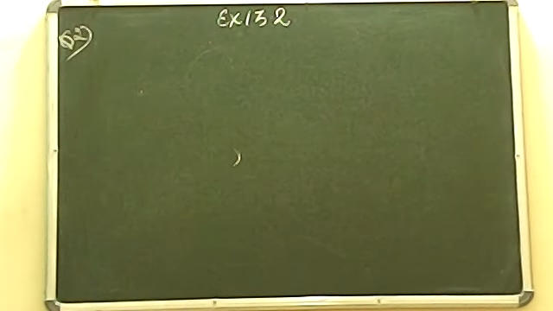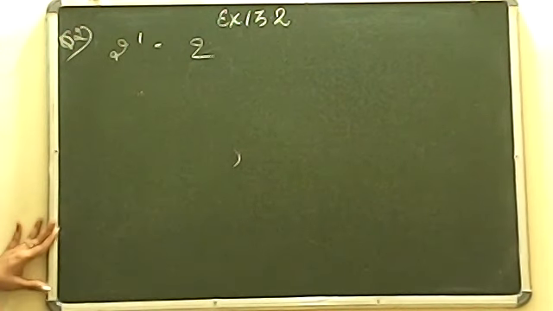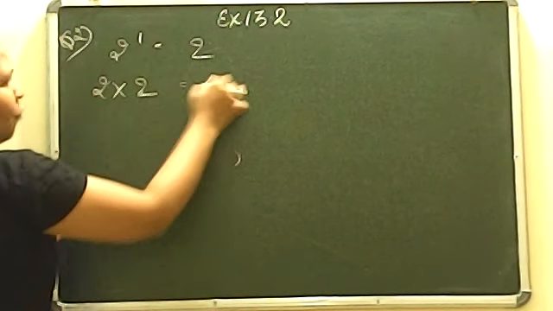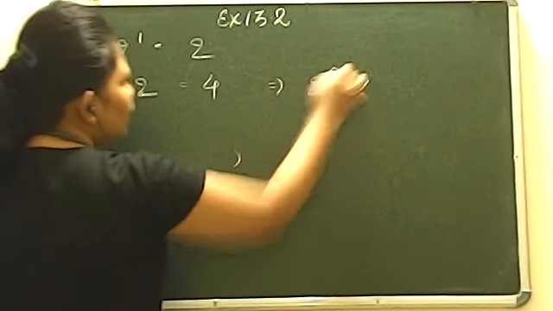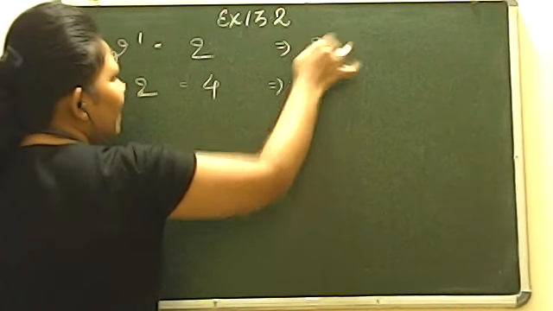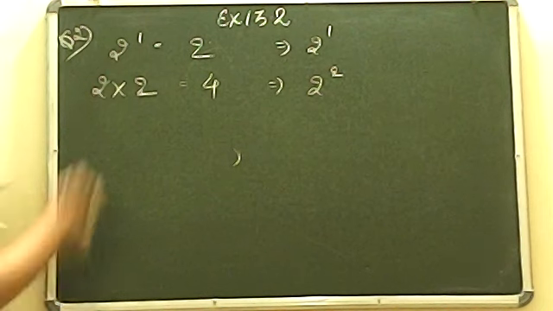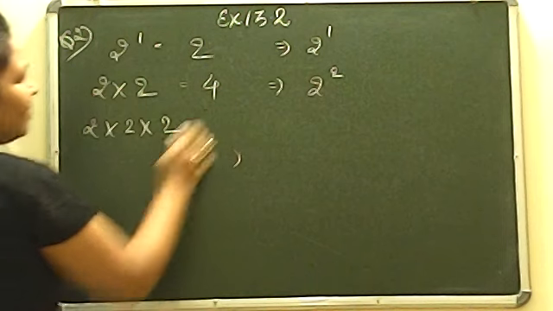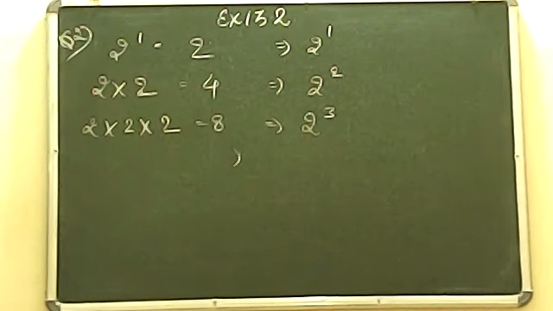See that when we write 2 की power 1, you have simply 2. Okay, when you have 2 into 2 means 2 की power 2, you get 4. It means अगर आपको 4 लिखना है तो you can simply write it down 2 to the power 2. अगर आपको 2 लिखना है simply you can write it down 2 to the power 1. ठीक है, अगर आपके पास है 2 into 2 into 2 means 2 2s are 4, 4 2s are 8. It means 8 की जगह पर हम क्या ले सकते हैं? Can you please tell me now? 2 to the power 3.